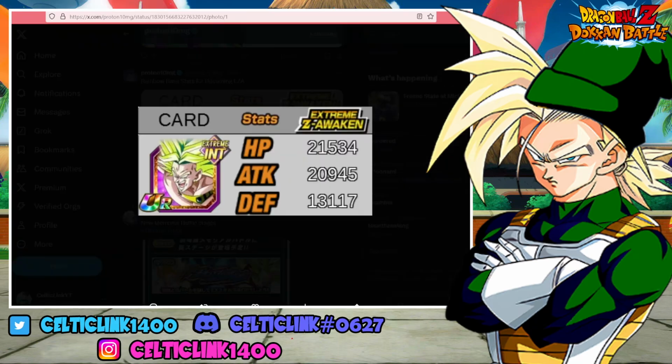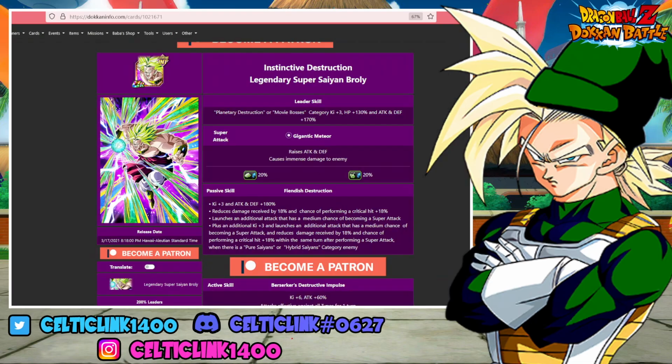I don't understand how they could have done any better with this. His base kit was so perfect for the time of its release. There wasn't much you needed to do to make him perfect, and they did it. They knocked it out of the park with this one, and I'm really happy that Broly got the EZA he deserves. Obviously, we'll wait till we can test him in game in a few days to know exactly how good he is,